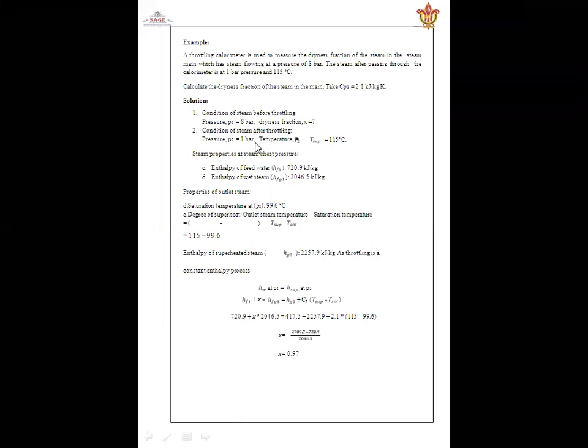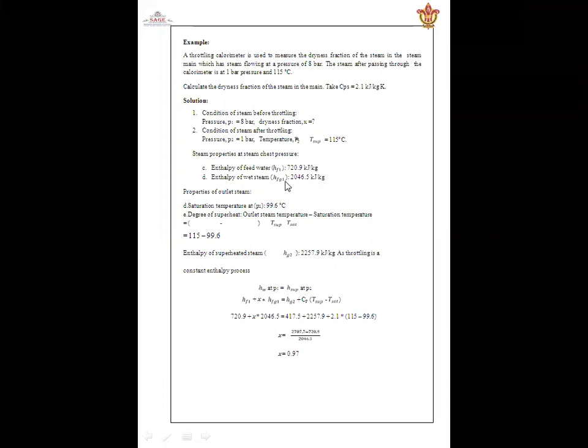जैसे थ्रॉटलिंग करेंगे, एक्सपांशन की प्रोसेस करते हैं तो प्रेशर रिड्यूस होगा। टेम्परेचर, दैट इज T2, जो कि आपको इस प्रेशर के अकॉर्डिंगली सैचुरेशन टेम्परेचर मिलेगा. And the enthalpy of the feed water at the pressure of 8 bar can be seen from the steam table. जो hf1 की एंथैल्पी की वैल्यू है ये आप स्टीम टेबल से रीड करेंगे डायरेक्टली 8 बार पे, तो आपको स्टीम टेबल प्रेशर बेस पे देखनी है, ध्यान रखिएगा. प्रेशर बेस पे स्टीम टेबल देखेंगे तो एंथैल्पी ऑफ फ्लूइड 720.9 किलोजूल पर केजी मिलेगी.